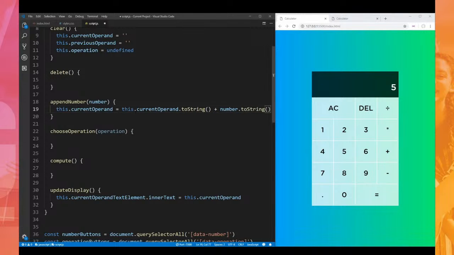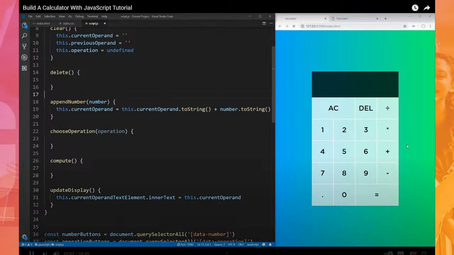And the reason we need to convert everything to a string is because JavaScript will try to add these as actual numbers. It will try to do 1 plus 1 equals 2 instead of 1 plus 1 equals 11, because we want our numbers to be appended and not added. Now if we save that,